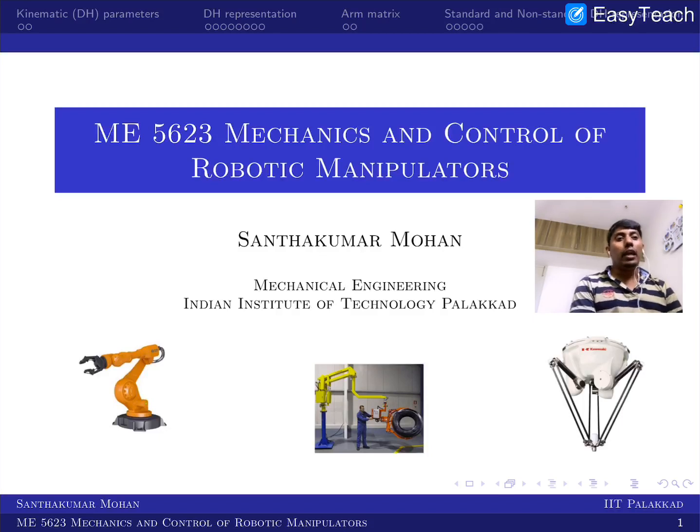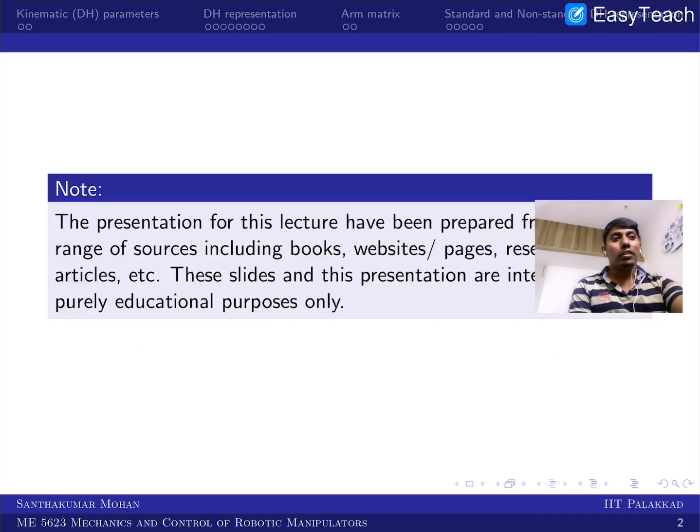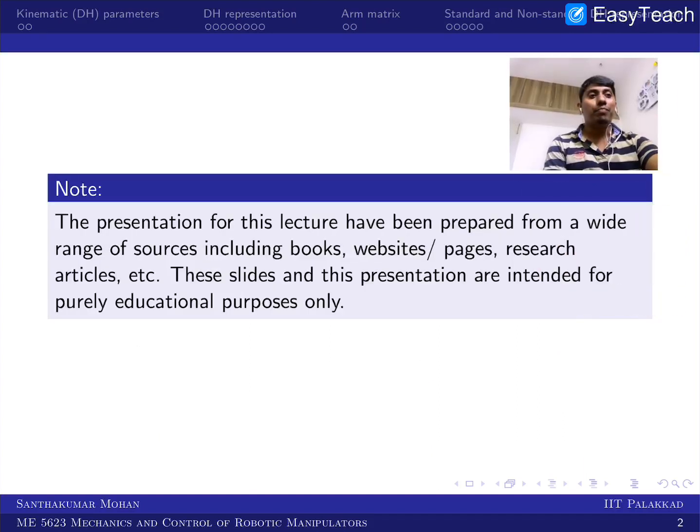So this particular lecture will give the idea behind how we can get from one frame to another frame with the help of 4 kinematic transformation matrices. In the sense we are going to do 4 transformations here. There would be 2 transformations related to translation and 2 transformations related to rotation. But before going to see this, let us start by recapping what we already have.